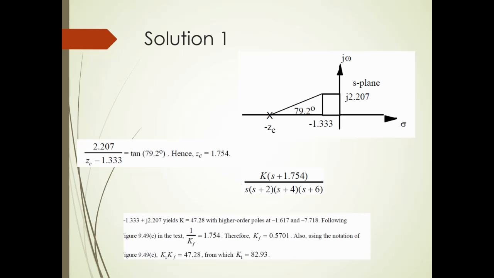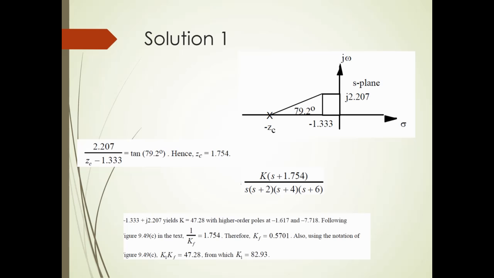So hence the ZC, when put in the calculator, is 1.754. So the basic formula from the problem will have an additional term besides the K. So it will be K multiplied by S plus 1.754 from ZC. So as you can see, 1.33 plus 7 plus J 2.207 yields K equal to 47.28 with the highest order at